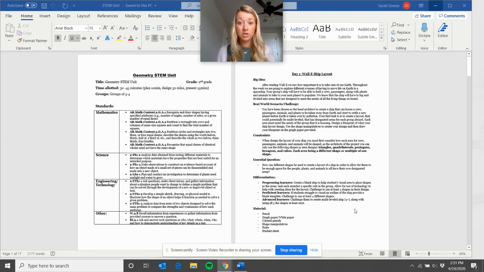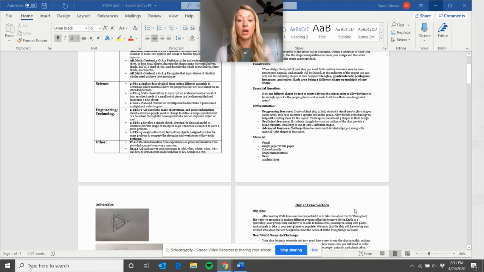So students have to use triangles, quadrilaterals, pentagons, hexagons, and cubes, and each area has to be one shape, or it can be multiple of one specific shape. The essential question for day one is how can different shapes be used to create a layout of a shape in order to allow for there to be enough space for people, plants, and animals to all have their own designated area. For your lower students, you can create a blank ship and give them shape manipulatives where they can